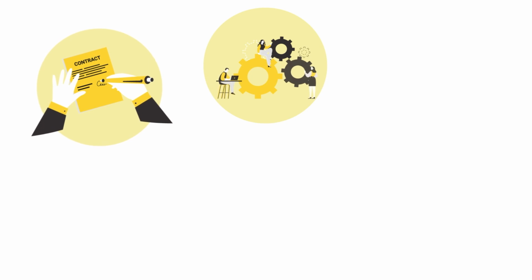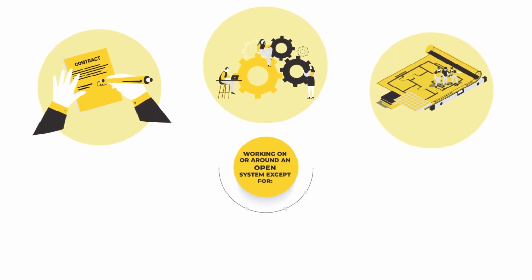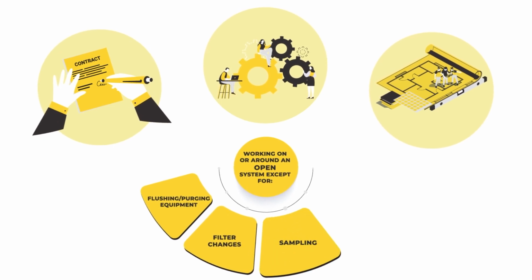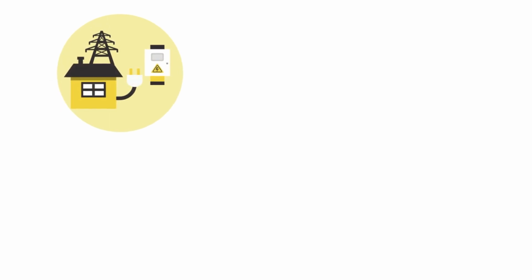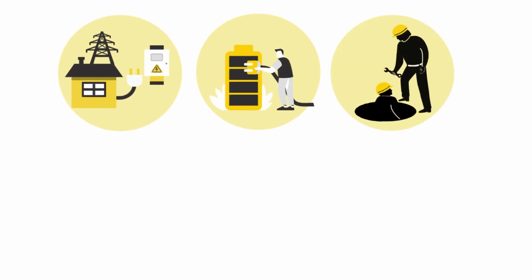Enbridge field operations employees performing listed tasks, but they don't apply to individuals working alone. Shutting down and/or isolation of equipment are required to complete the work unless there is a single isolation point or one individual working on the isolation. Working on or around an open system except for flushing, purging equipment, filter changes, sampling, orifice plate inspection work, working on equipment greater than 750V CAN or 600V USA, working upstream of the 480V main breaker, confined space entry, ground